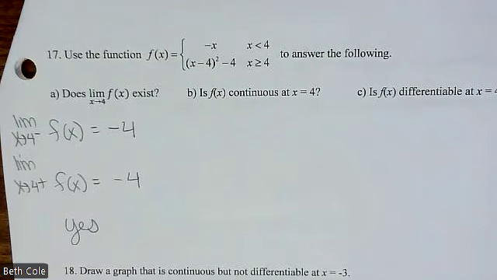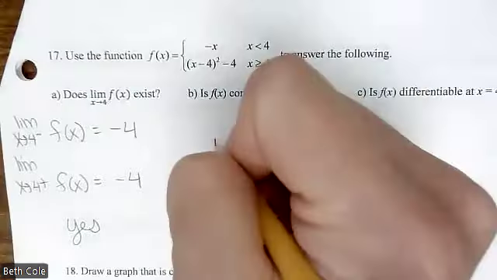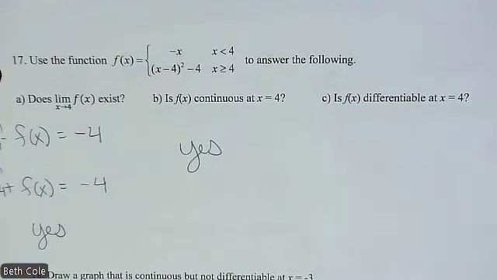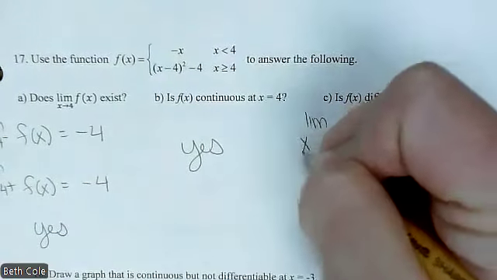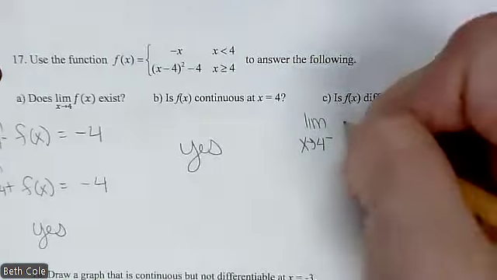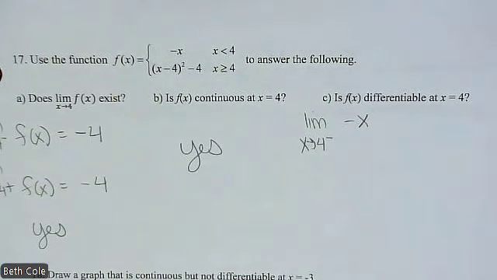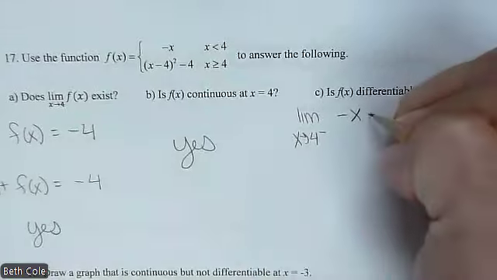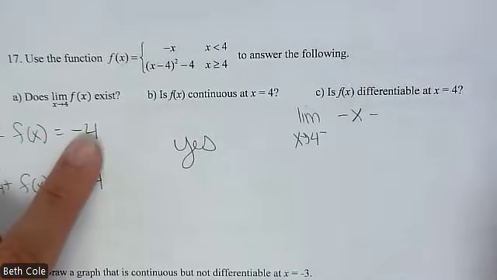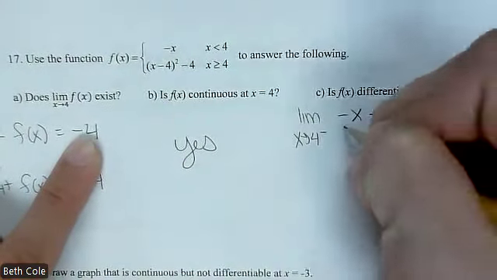Is the function continuous? Do the two pieces link up? Yes. We just checked that. All right. Is the function differentiable? Now we're using that x approaches c formula from the left and the right, okay? So limit x goes to 4 from the left. How does the formula start out? The function, awesome. The function minus, which is, we already did it. Negative, can I just write +4? Yeah, okay, cool, you guys are there. Over,